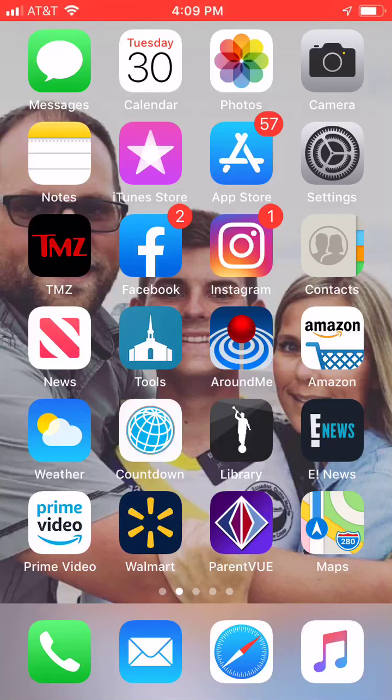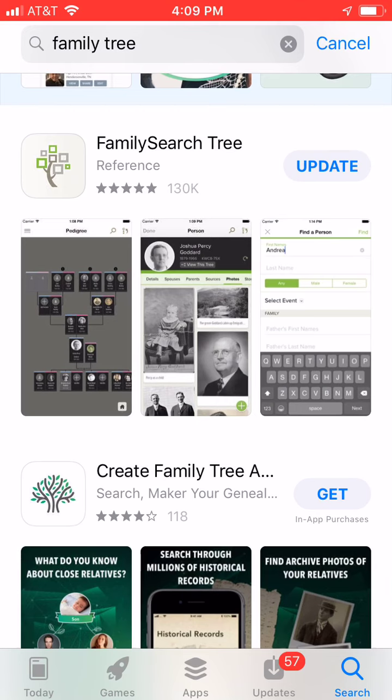Hi, if you're looking to do family history on your phone using an app, Family Tree is an awesome app to use. I love it and I use it all the time. My kids know how to do it. My husband knows how to do it. We love this app. You go to the App Store and you type in Family Tree and you get the